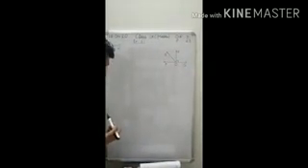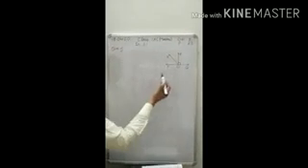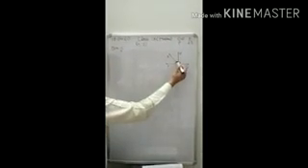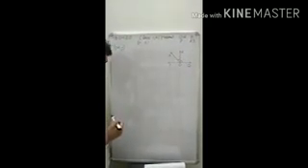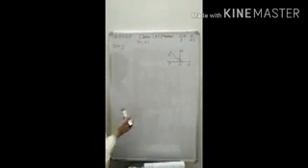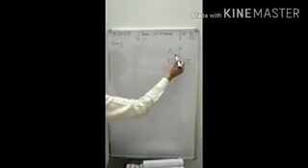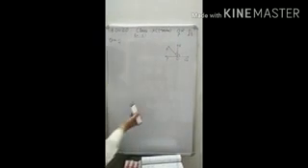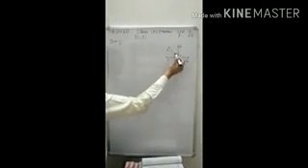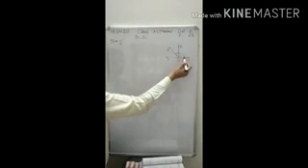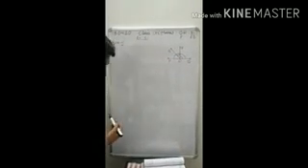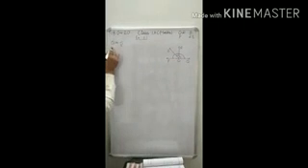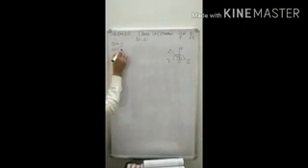Then we have to prove that angle ROS, this one, is equal to half of angle QOS minus angle POS. QOS is this angle and POS is this one. This thing we have to prove. So let us start this question number 5. Solution of this. Let us start from the given.